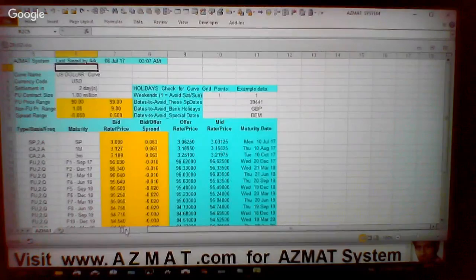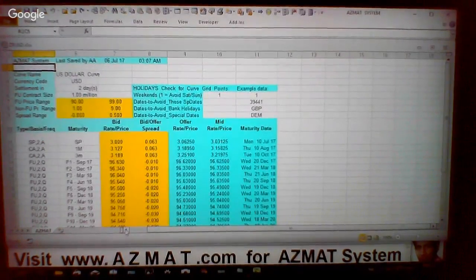Right arrow, of course it moves, but left arrow, it won't go beyond column 5. That is because this particular file has some hidden columns and this file is protected. So it will not let the user go where the programmer, the system developer, that's you,